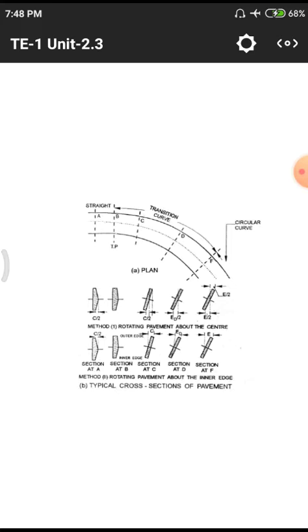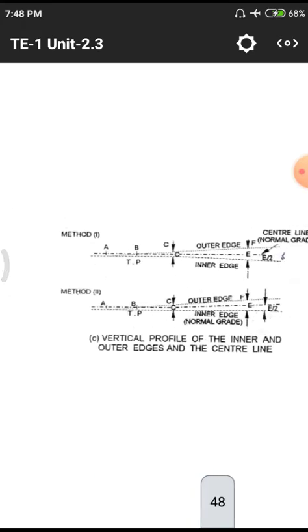In the first diagram, we have the top view of the particular super elevation curve, the horizontal curve, and in the second row we have super elevation with respect to the central axis. That means at the midpoint they are considering super elevation. In the third row we have elevation with respect to the inner edge. Those are the pictorial representations of super elevation and their alignments with respect to the inner edge and central axis, showing how the alignment looks in a particular span of the road.